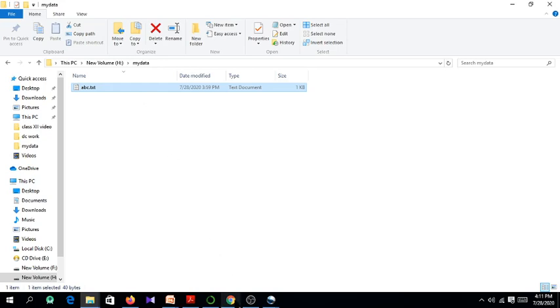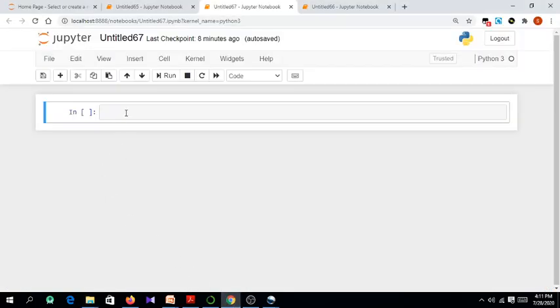Now let us go to the Python Anaconda and we'll write a program. So first, to write or read or append anything, first we need to open the file. The syntax will be some file handle equals open. The function that is used for opening is open. It takes two arguments, as we have already discussed.